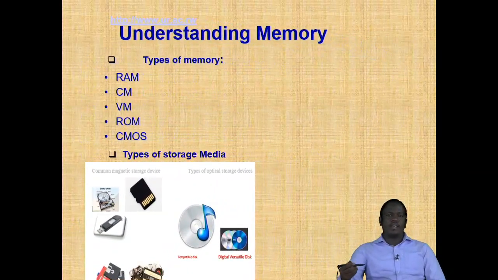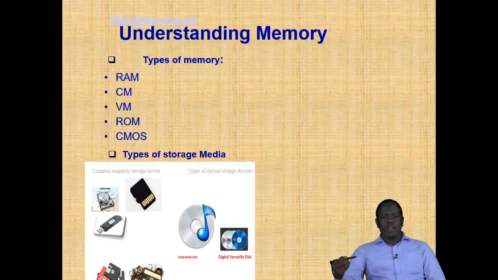We examine memory, understanding the memory. In the memory, we have 5 types of memories. We have RAM, of course, which we call random access memory. We have another type of memory, which we call cache memory. It is another extra memory of the CPU, which has similar functions to the RAM. Cache memory is another extra memory of the computer, which has similar